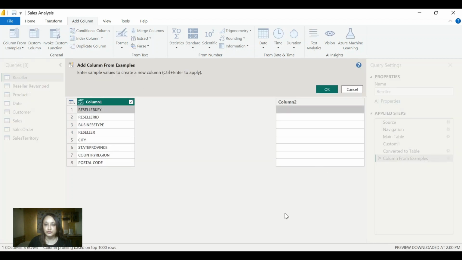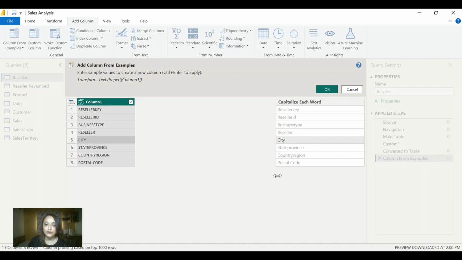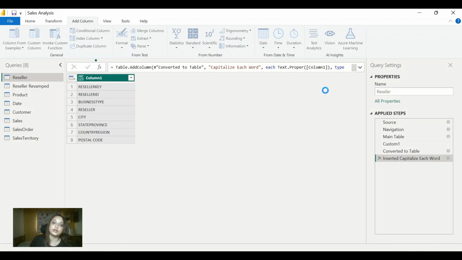Once I click that, this window will pop up, and for one example what I'm going to do is add City in the format that I want. So once I click out of this small window, it recognizes that what I'm looking for is this format of this column, where everything here is capital and this is the desired format. So I'm just gonna check once briefly that everything is looking fine how I want it. I'm gonna click on OK.